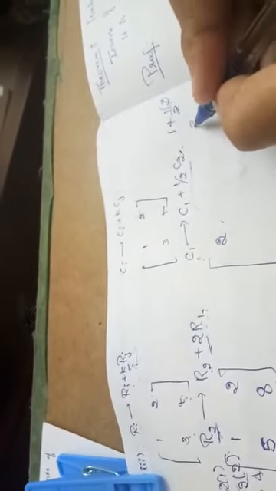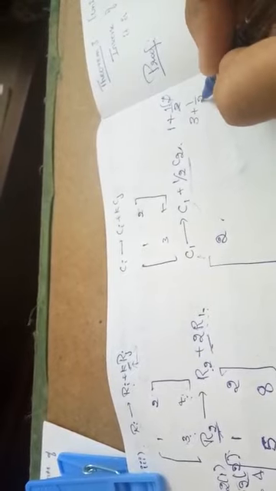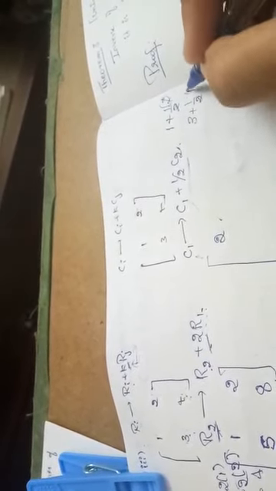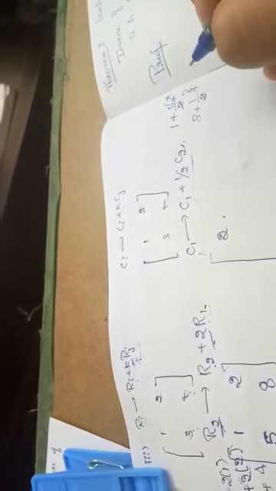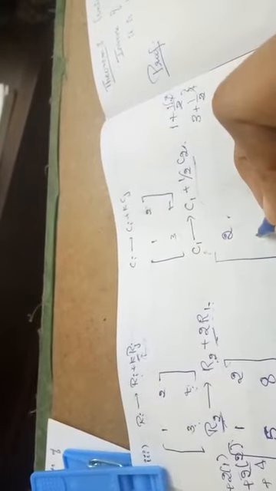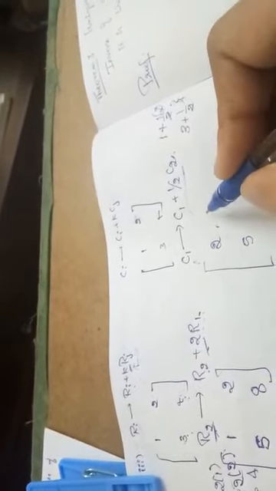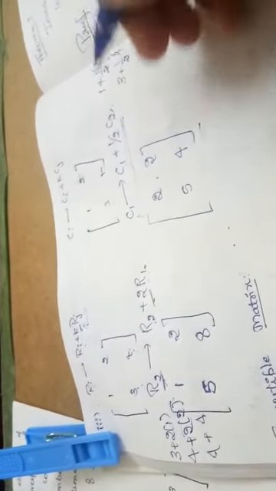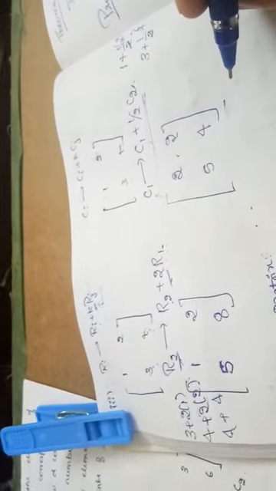Similarly, for the second element of column 1, 3 plus 1 by 2 of 4. Two 1s are 2, two 2s are 4, so it is 3 plus 2, which is 5. There is no change in the second column; it is retained as it is. So this is the matrix obtained by applying this elementary column operation to the above matrix.